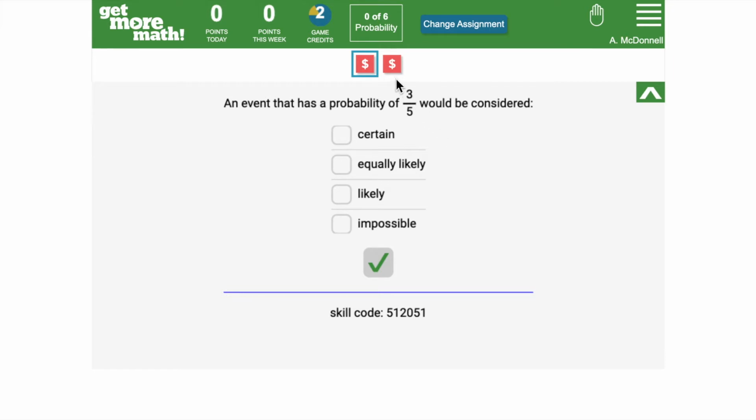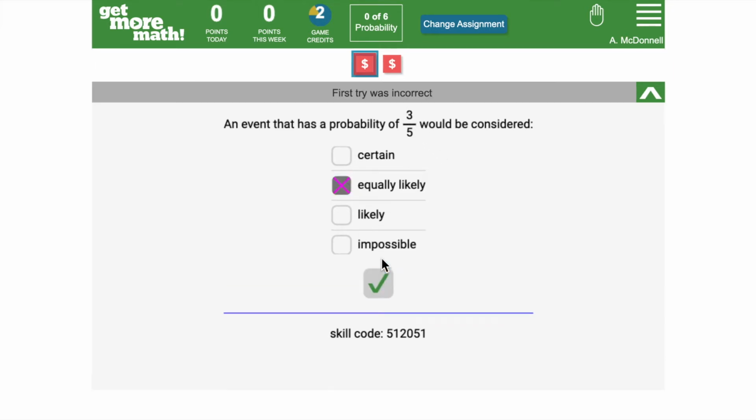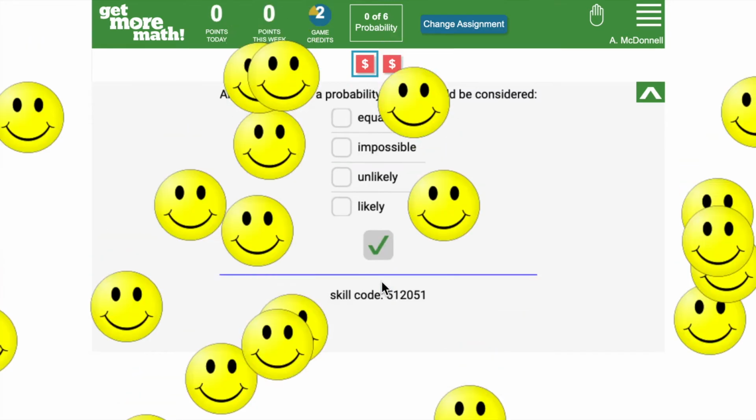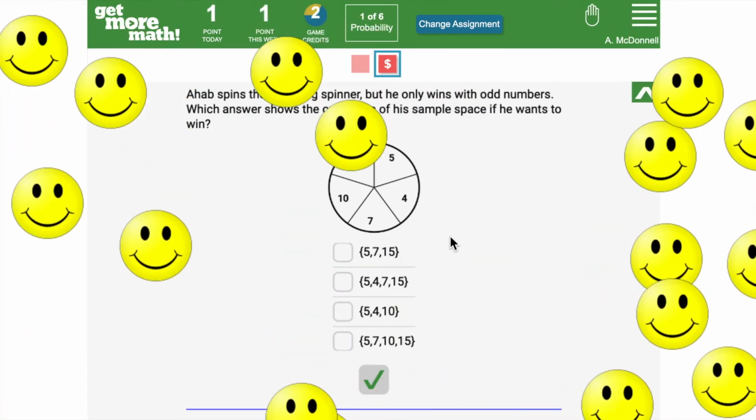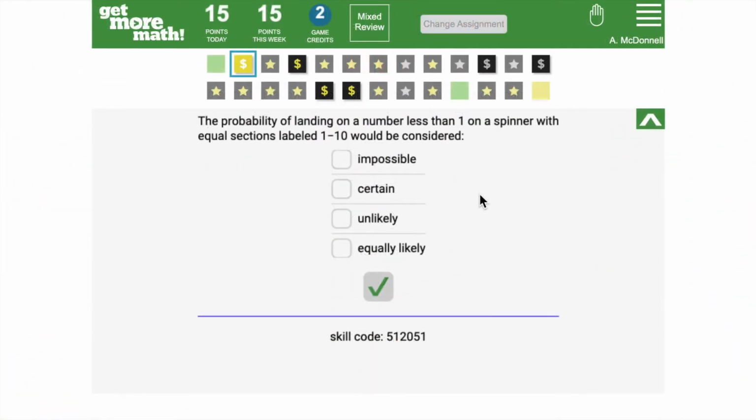This assignment contains two brand new skills. Notice that when a student answers one of these problems incorrectly, they do not receive a penalty. They will need to fix their mistake, and once they get a fresh problem correct, they are able to earn a point. Once a student shows an initial understanding of a skill containing multiple choice problems, they will earn penalties